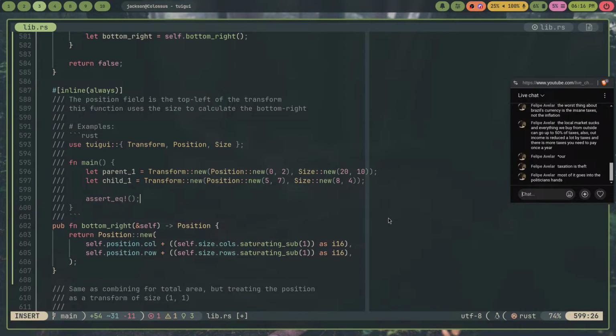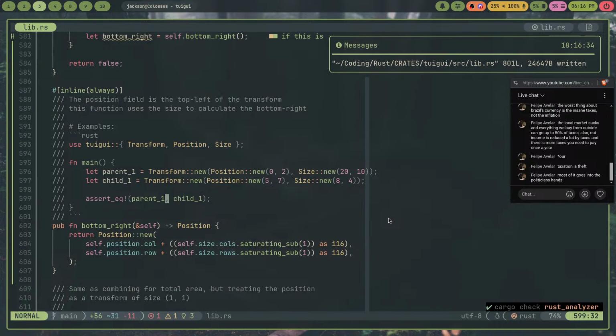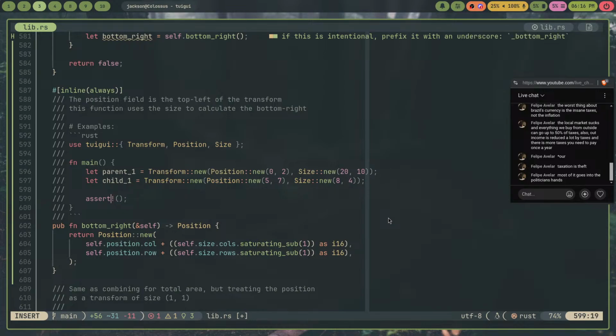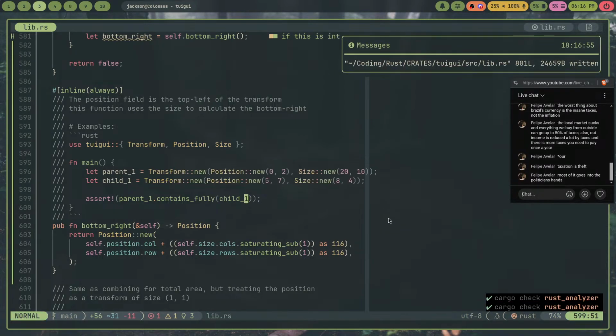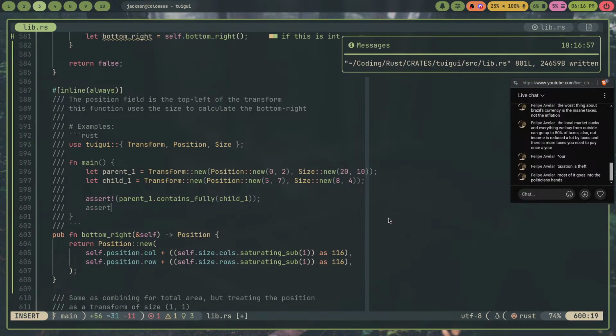Assert EQ, parent 1, child 1. No, wait, what the heck? Assert that parent 1 contains fully child 1. Assert